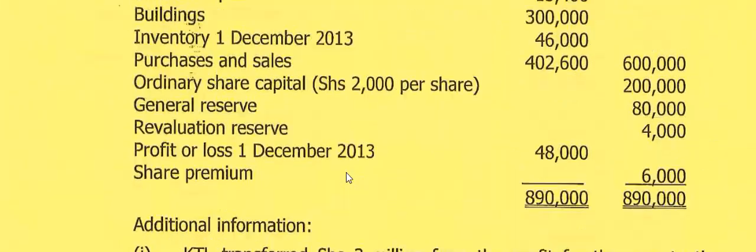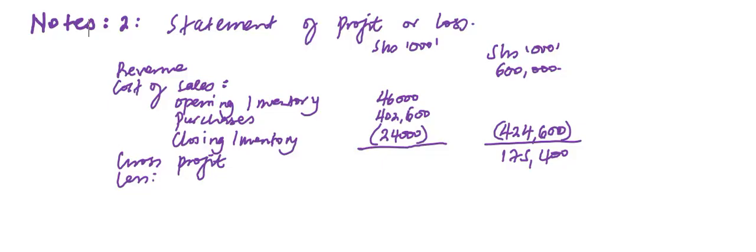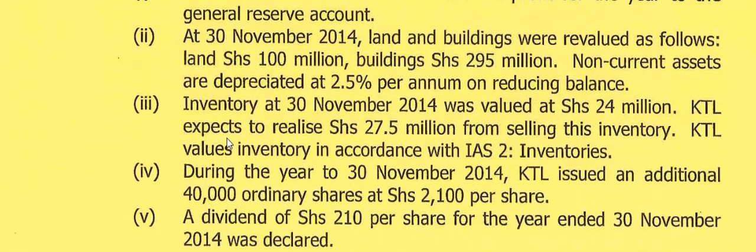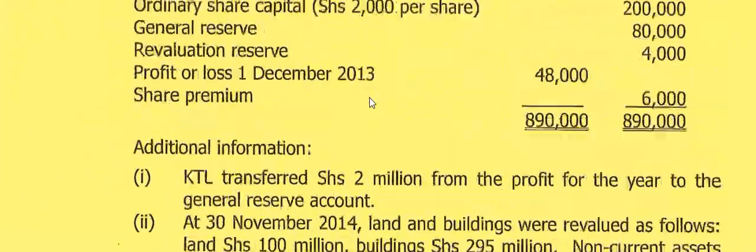Do we have any? You have the general expenses 13,400, less general expenses 13,400. Do we have any other expense? They have talked about depreciation somewhere, that at 30th November 2014, land and buildings were revalued as follows: land 100 million, then the buildings 295 million. Non-current assets are depreciated 2.5% per annum on reducing balance. The revaluation is at the end of the year, so it will not affect your depreciation figures in the current year. So depreciation on the buildings,